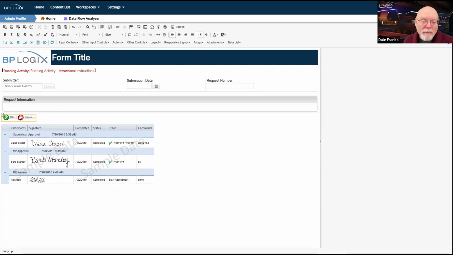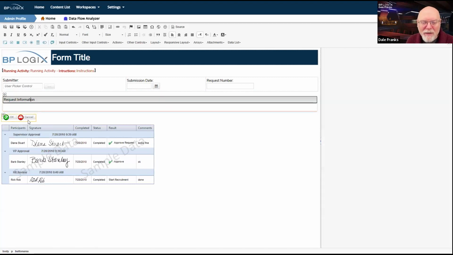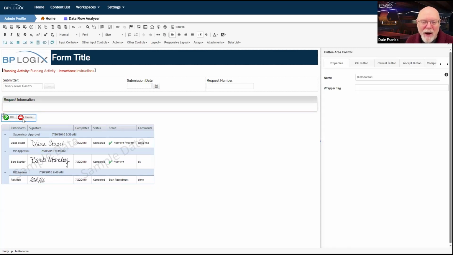I've also put at the very bottom of the form, below my last section, which is where my actual request information is going to go. So our work is going to all be done in the request information and below it and above my button area on the form. I always put a button area on the form so that I can control where the buttons appear. This is not, strictly speaking, mandatory. If you do not have a button area control on a form, Process Director will automatically just stick it at the bottom of the form anyway.